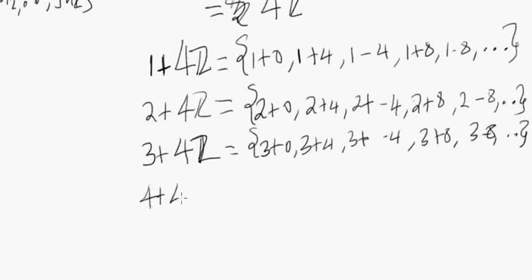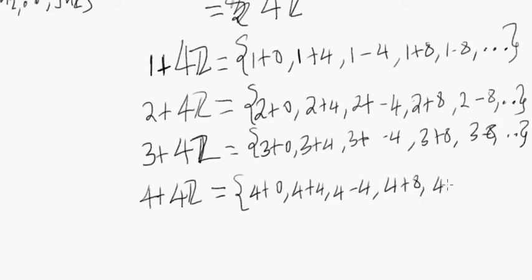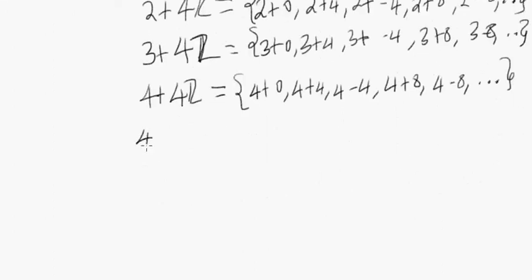What's 4 plus 4z going to be? Well, 4 plus 4z is still going to give us, well, now we'd have 4 plus 0, 4 plus 4, 4 minus 4, 4 plus 8, 4 minus 8, and so on and so forth. Okay? And then, well, what's 4 plus 5z going to give us? Well, 4 plus 5z is really just going to give us 4 plus,